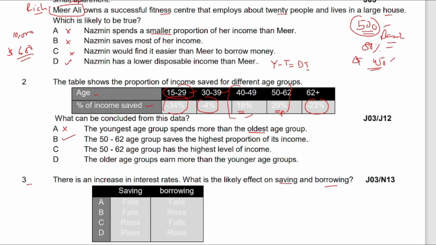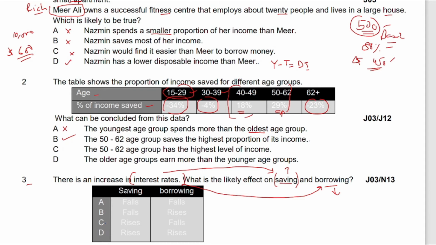When the interest rate is high, people have an incentive to save more money in their bank account. So saving will rise, because if they keep their money in the bank, the bank will pay them a higher interest rate. On the other hand, what will happen to borrowing? When the interest rate is high, borrowers feel that the cost of borrowing is really high, so they will borrow less,